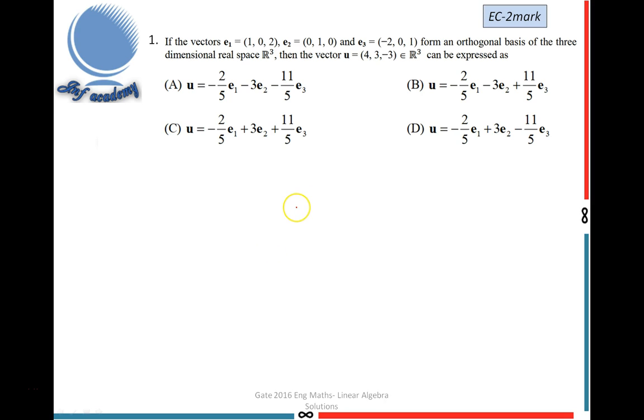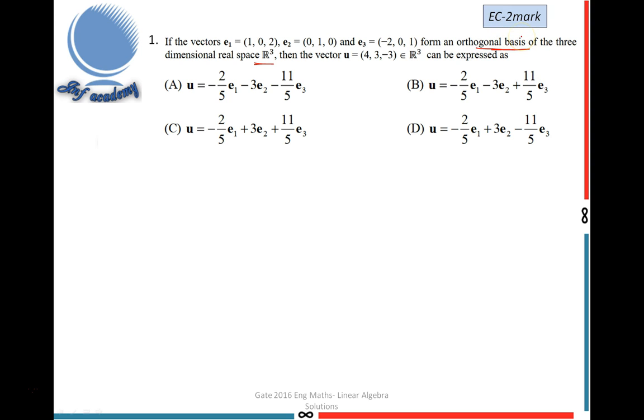Hello everyone. In this video, let me solve GATE 2016 Engineering Mathematics questions related to the topic linear algebra, subtopic vector space and basis. Now let's move on to the problem. If the vectors E1, E2, E3 form an orthogonal basis of the three-dimensional real space R cube, then the vector U, which also belongs to R cube, can be expressed as